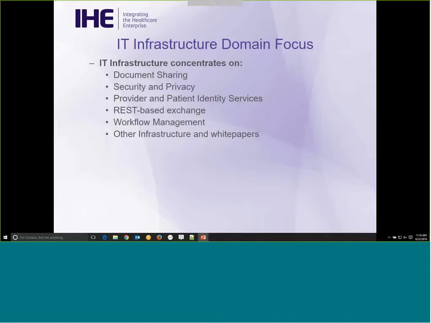And our domain owns a lot of profiles. Here you see a list of categories. Unlike other domains which focus on one aspect of healthcare, ITI's profiles are used more broadly. For instance, we all pay attention to security and privacy no matter what area of healthcare we are focused on. And some ITI profiles serve as the general basis for other domains' profiles. So you could say ITI kind of takes care of the back office stuff, if you will.